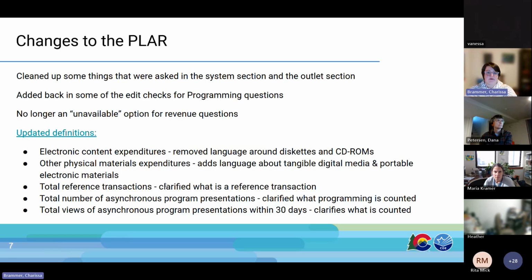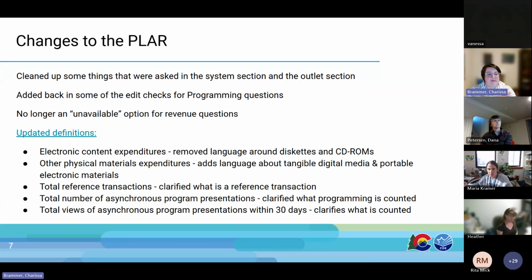Okay, so now I'm going to get into the changes that we've done, and they kind of are in three categories. There's the cleanup things that we've done. There are some updates to definitions, just generally to make things clearer. And then there's the question changes that we'll get into, some deleted, I'd say mostly deletes, but some changes.